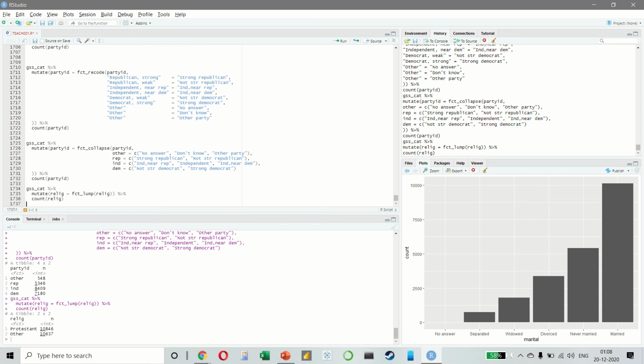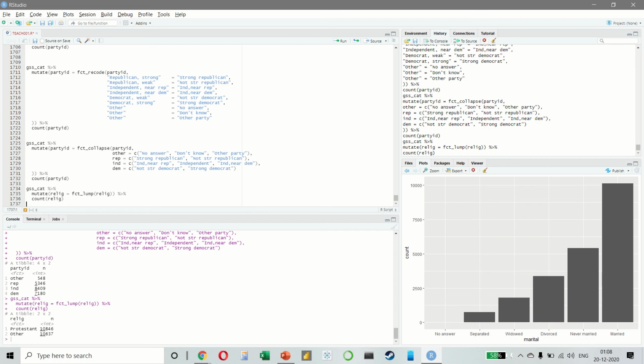Now the default behavior is to progressively group together the smallest groups, ensuring that the aggregate is still the smallest group. Now in this case, it is not very helpful because if it is true that the majority of Americans in the survey are Protestants, we have probably over collapsed.